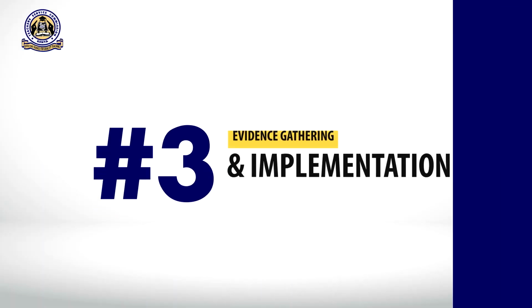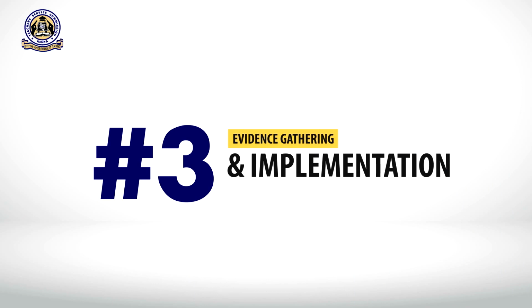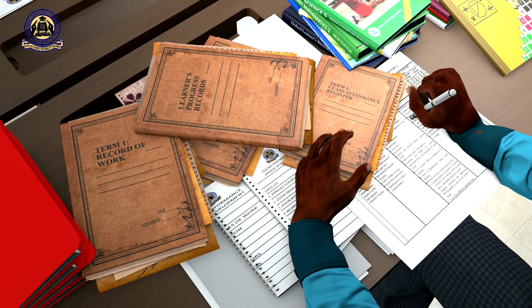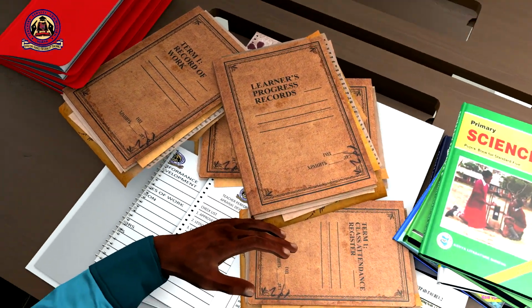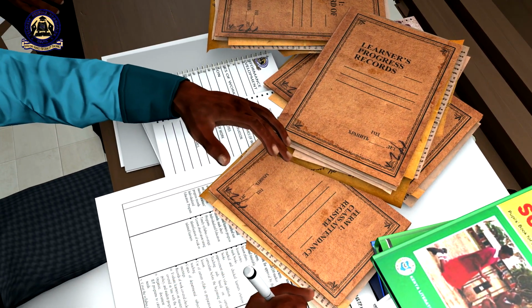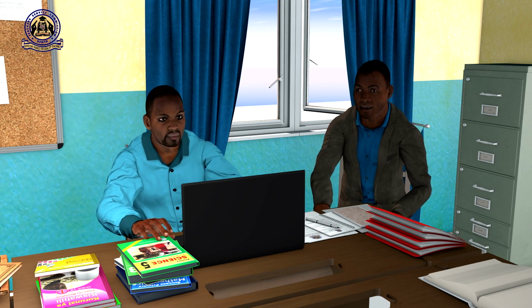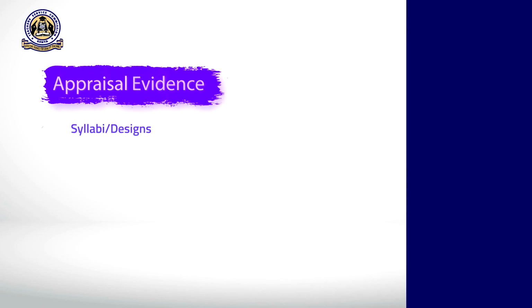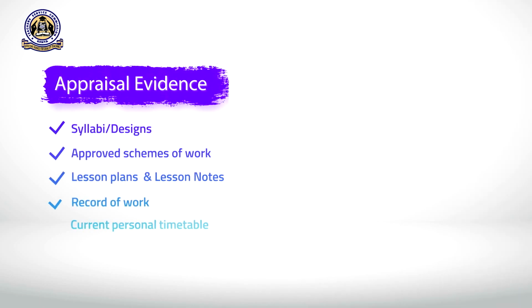Step 3. Implementation of targets and evidence gathering. Throughout the term, you will be required to collect evidence that supports the achievement of the set targets. This evidence will be used during the appraisal rating meeting with your appraiser at the end of the term. Examples of evidence you need to gather include syllabi or designs, approved schemes of work, lesson plans, lesson notes, record